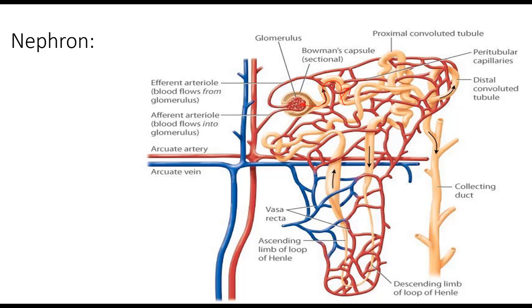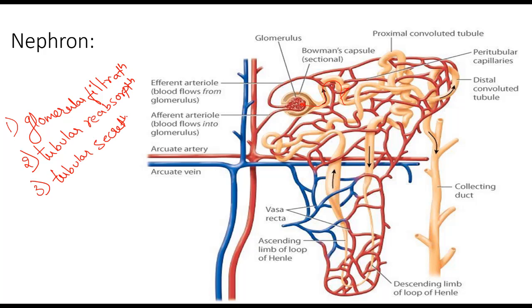Okay, one is glomerular filtration, the second one is tubular reabsorption, and the third one is tubular secretion. Okay, so let's see what glomerular filtration, tubular reabsorption, and tubular secretion are. When it comes to glomerular filtration, we will have a blood vessel here. It will be filtering, and that filtrate will go into our Bowman's capsule. Till that stage, it is called glomerular filtration. We know how this glomerulus is filtering with the help of all the three membranes. Let's see tubular